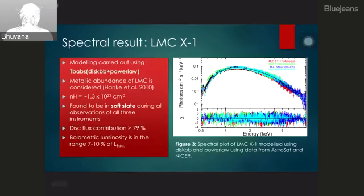This is expected because LMC X-1 is known to be persistently in soft state for a very long time, and we confirm that by using the recent data. In the plot that I've shown here, I've plotted the spectral best fit for different epochs, and as you can see, there is not much in it. All the spectra of different epochs are pretty much exactly the same,